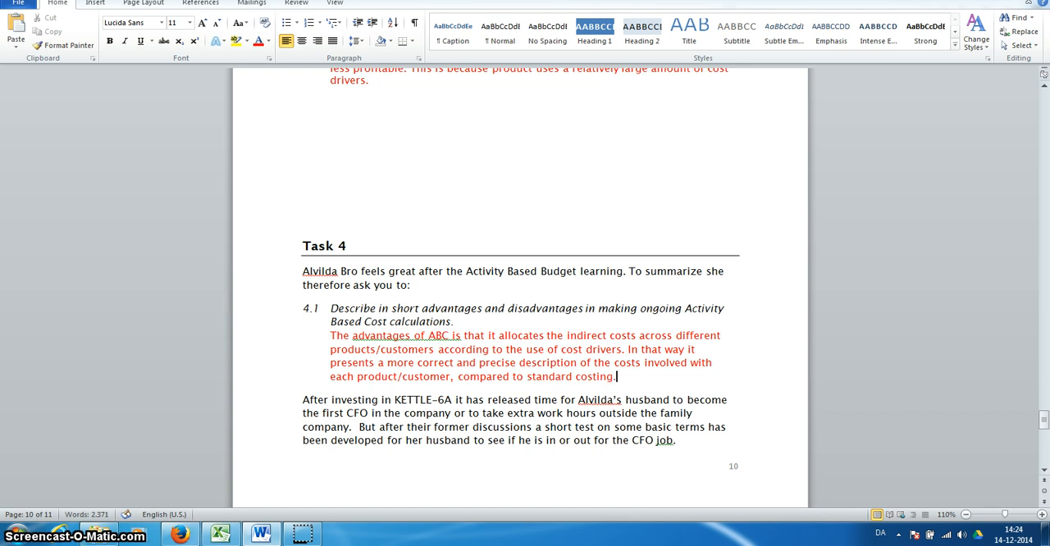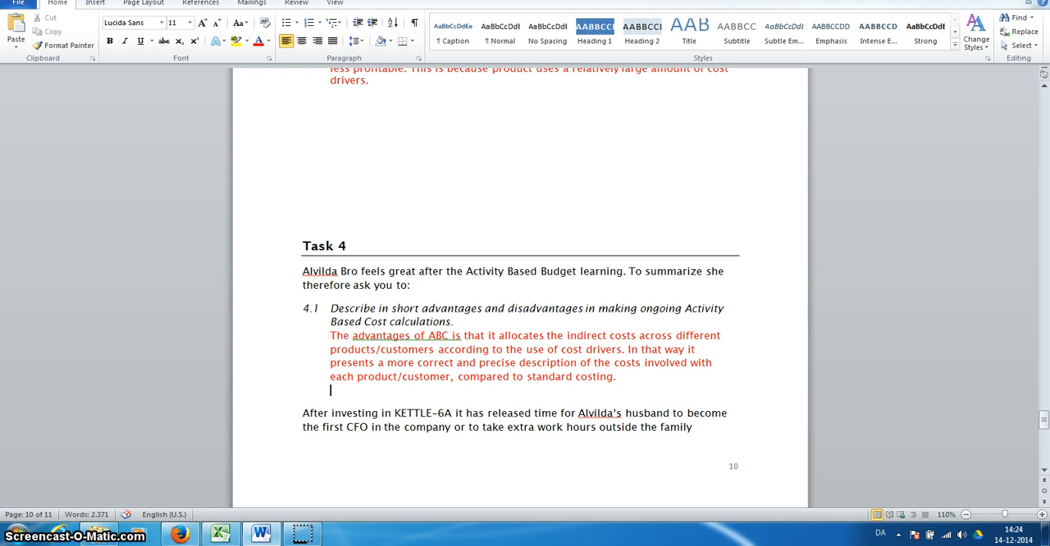Now, what could be the disadvantages of activity-based costing? Well, if done correctly, it should be superior to standard costing, but activity-based costing is very difficult to actually execute in a business. So we could write the disadvantages are, and we should have written are up here as well,